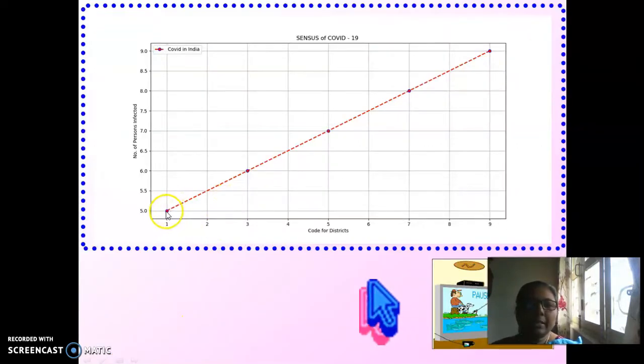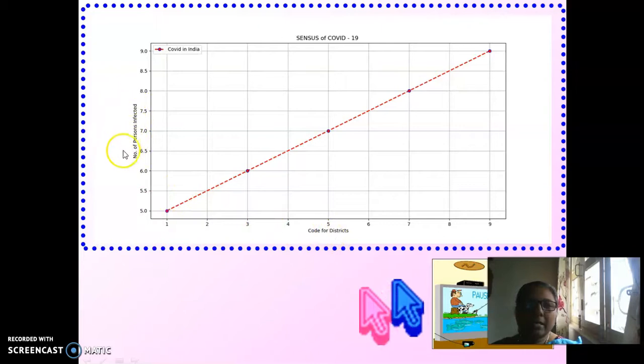So look at this. Our marker points are represented with a solid circle. The marker points are connected with a dashed line. The line color is red. The title of the chart is Census of COVID-19. The x-axis heading is code of the districts.